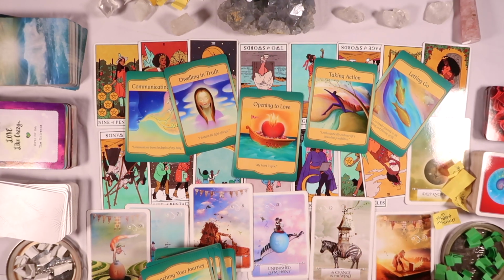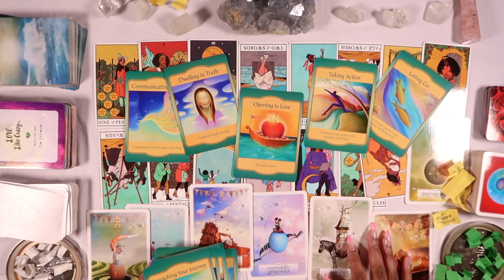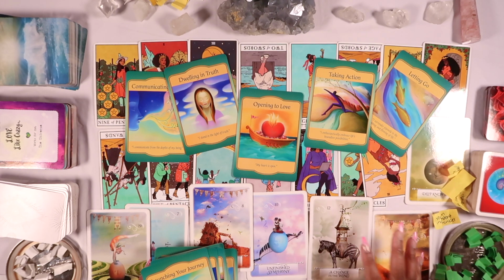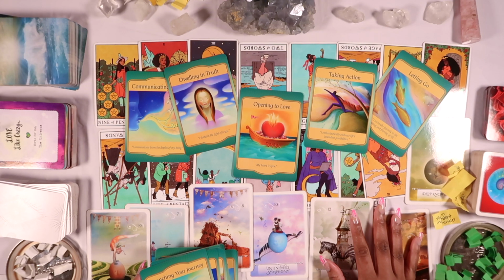I got a deeper energy out of this group than all the other ones, and you may have picked more than one pile, or it just may not have come up for other piles. So it doesn't mean, oh my God, you guys are deeper than all the other piles. But